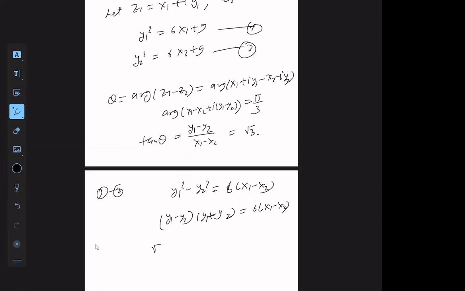Y1 minus y2 is root 3 times x1 minus x2, y1 plus y2 is equal to 6 times x1 minus x2। So basically y1 plus y2 is 6 upon root 3, that is 2 root 3।